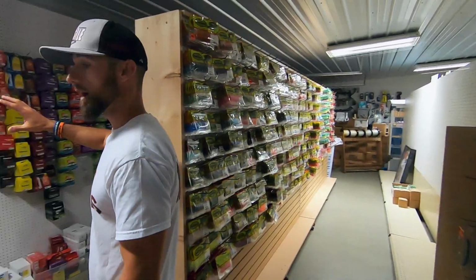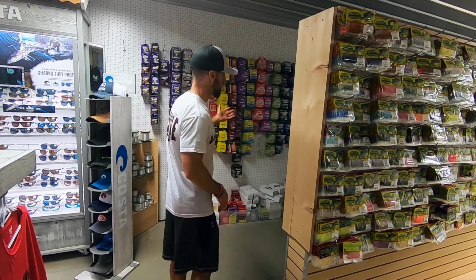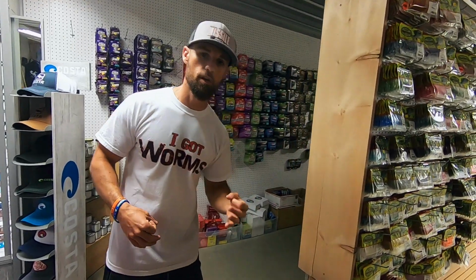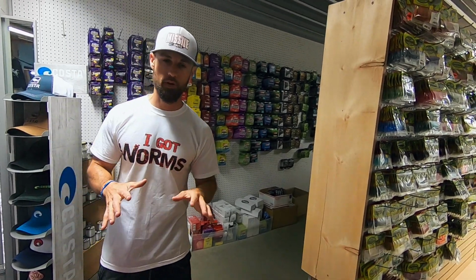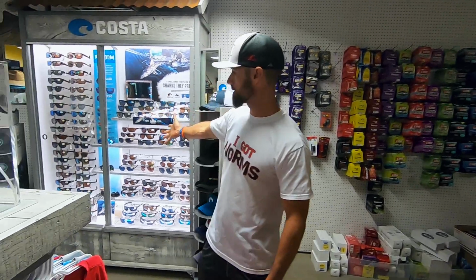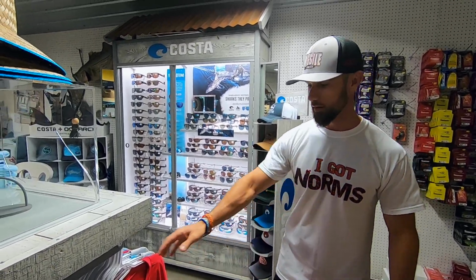On this other side, they've got fishing line. Basically all your major brands. Of course, they got some Sunline down there, and they've got Shooter as well. Shooter is like my favorite for all your slow techniques. And then got a big Costa display right there, very good looking. And then they got their own